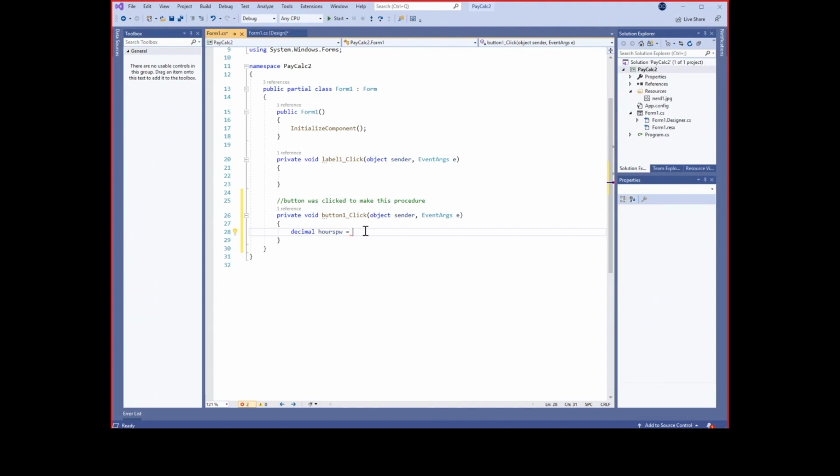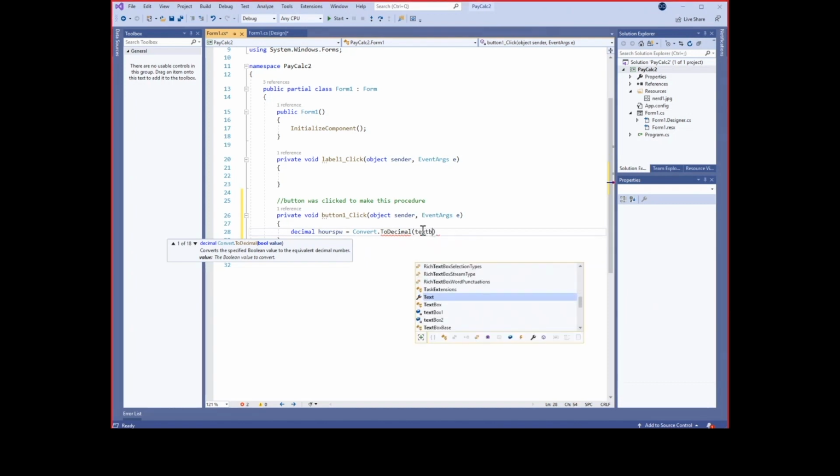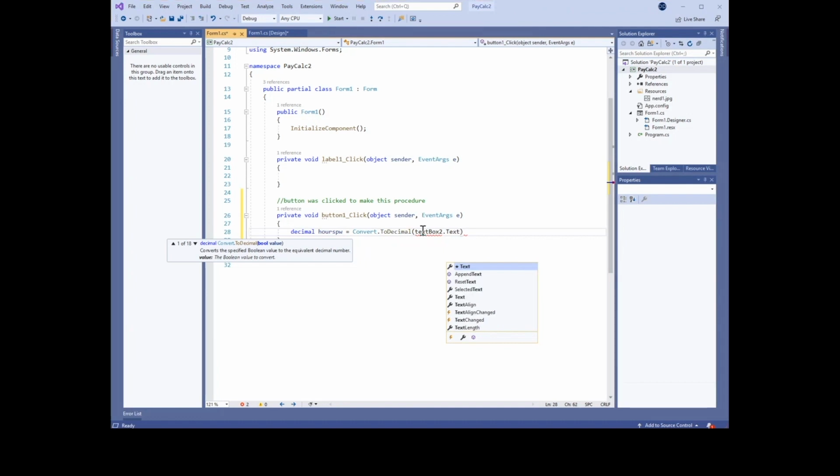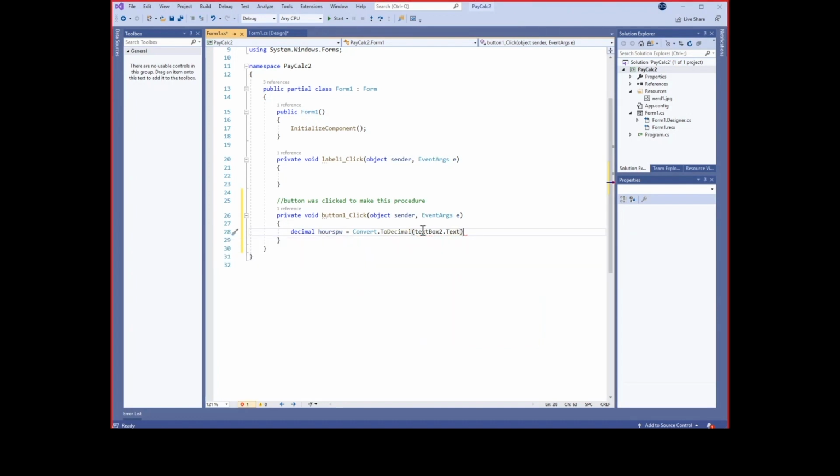I've got to convert it to a decimal, remember, because I have to change it from the text in the text box into a number that we can then use in our program. I said it was text box 2 dot text,